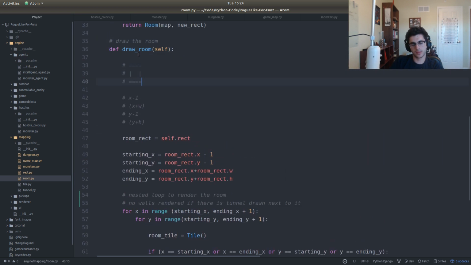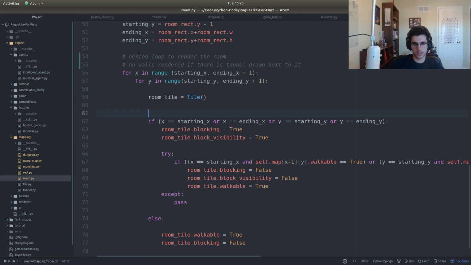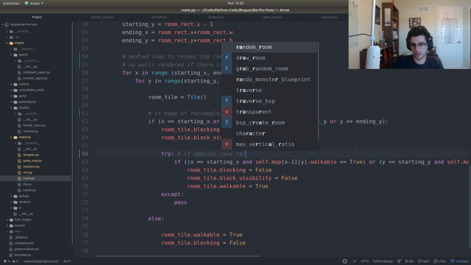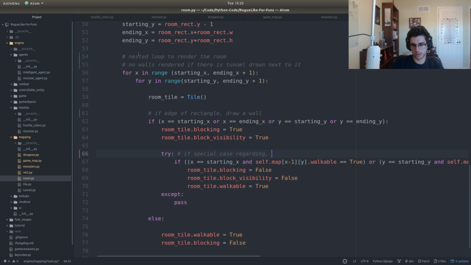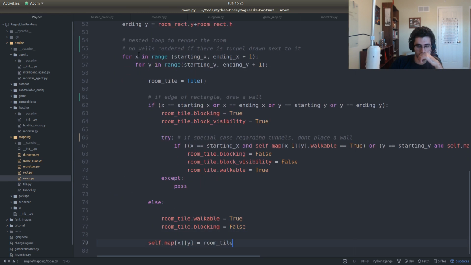Like it does this, right? Blocking is true, block visibility is true, blocking is false, block visibility is false, all that stuff. So I guess this is if it's the edge, right? If edge of rectangle, draw a wall. If special case regarding tunnels, don't place a wall. Cool. If it's not that,